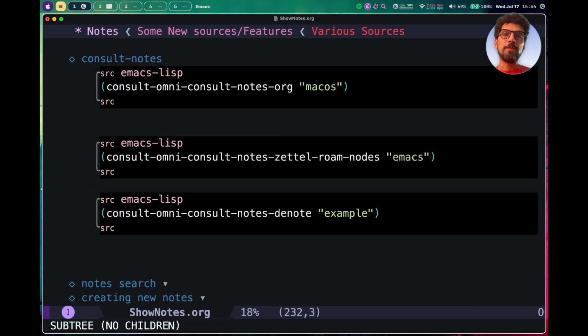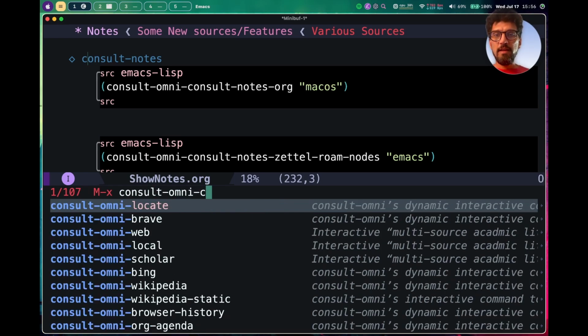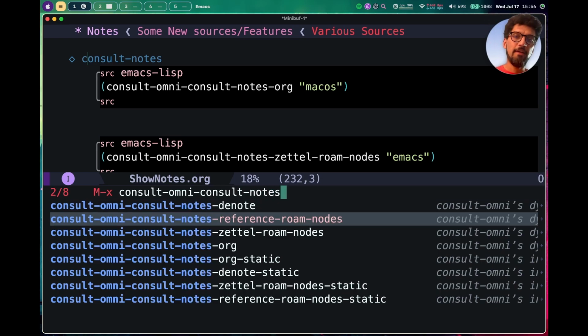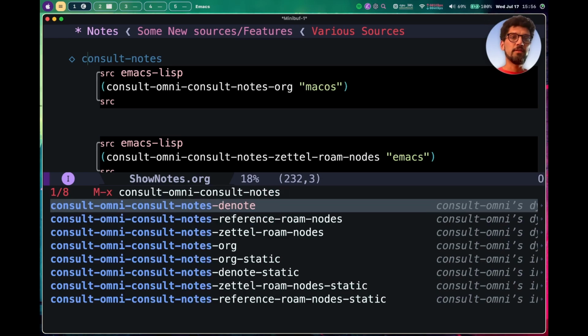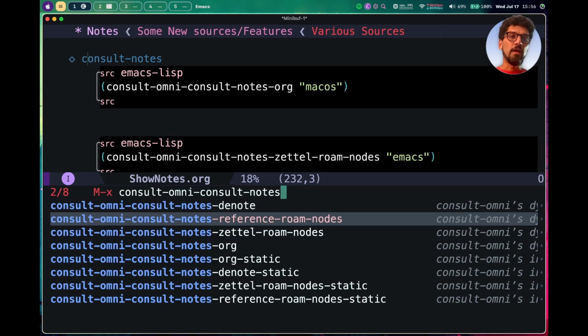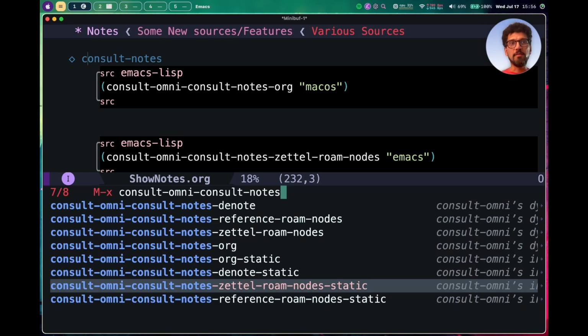So with consult-notes now, if you want to use the consult-notes backends, you can look for consult-omni-consult-notes, and you can see that we have consult-notes-denote, consult-notes commands for org-roam like reference roam notes or zk roam notes, and also the static versions